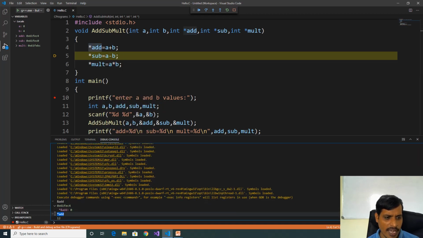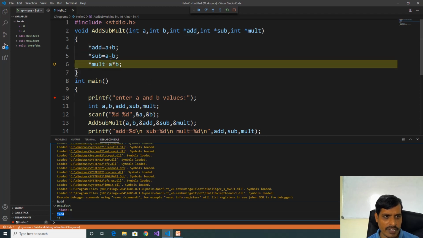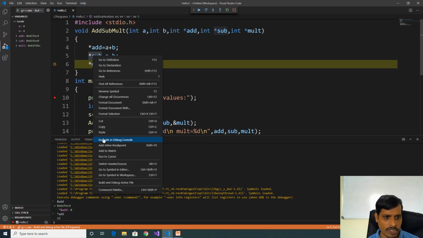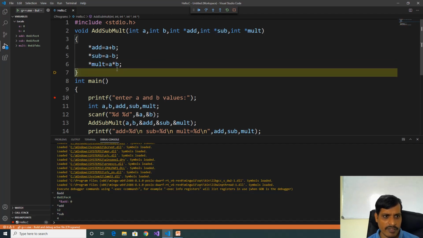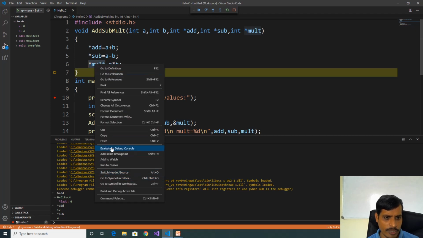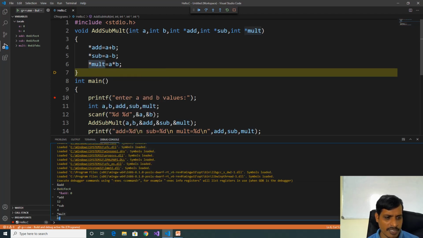Here value at add 12. F11, value at subtraction, right click, evaluate in debug console. Here 4. F11, select this part, right click, evaluate in debug console. Then multiplication 32. Now in these addresses we have the output.